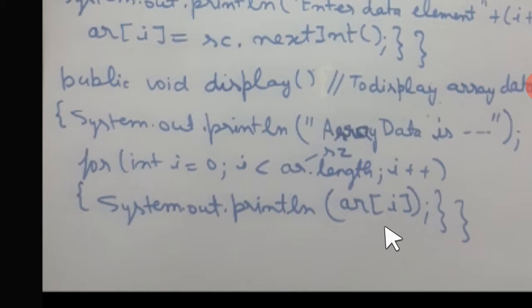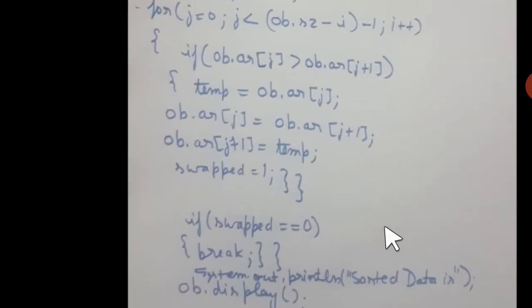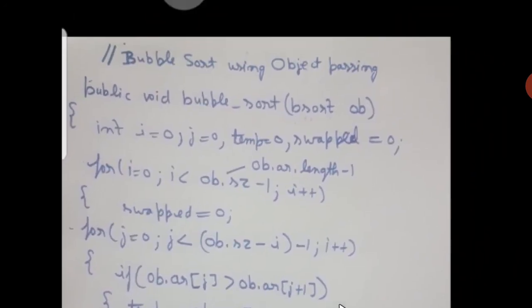Alright everyone. Now students, after this we go for the loop for bubble sort. So here you can see that I have kept a parameter, or argument, that is an object of the class B sort. I told you, remember the name of the class, that it was B sort. So its object has been passed there as the parameter.